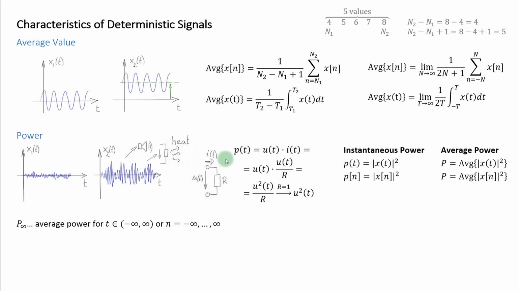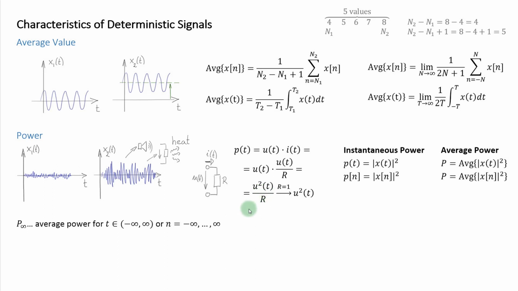And when I have a resistor and there is some voltage on this resistor and there is some current flowing through this resistor, how do I compute the power lost on this resistor? Well, that power is the voltage times the current. Also, I can rewrite this using Ohm's law. Instead of this current, I can use the voltage divided by the resistance. And when I write it like this, I can also rewrite it like this. So when I square the voltage and divide it by the resistance, I will get the amount of power flowing